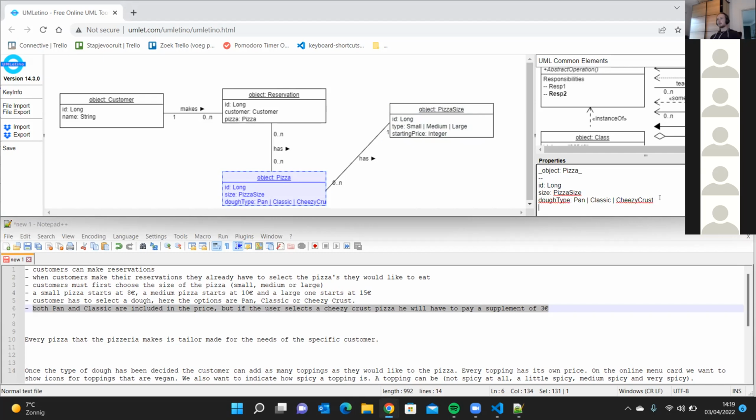Yeah, maybe. In my opinion, we should have the price as a separate object, because there are a lot of different things that affect the price. It's going to be affected by the size of the pizza, the type of the crust, and probably the toppings as well. All right, so indeed we could do it as Daniel says. We could add cheesy crust, boolean, and then we can solve the rest in the code. Then what